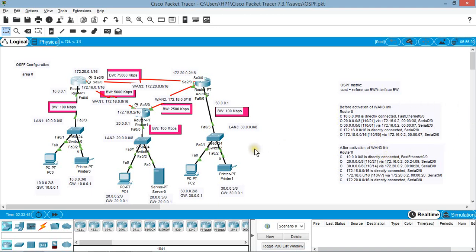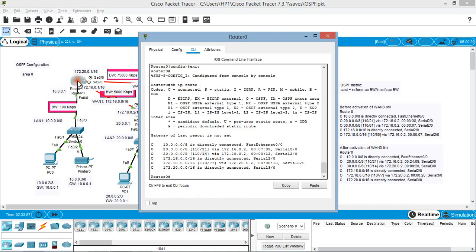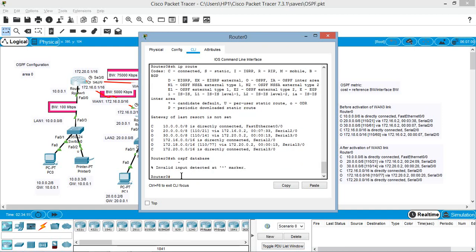Now let me show you the other tables on this OSPF router, how to check the remaining tables. The OSPF database is used to check the routing information for OSPF.